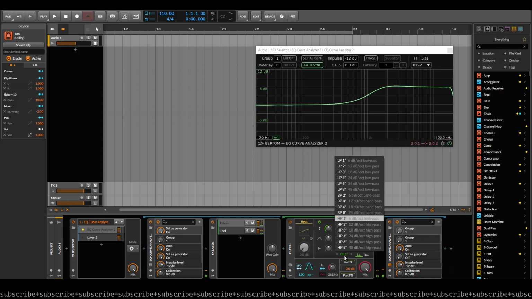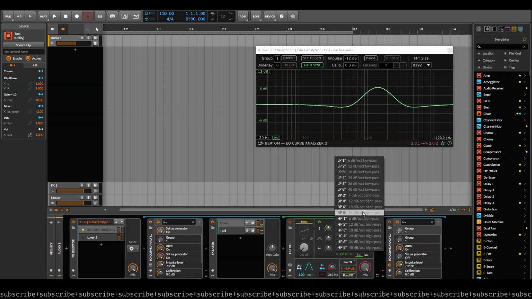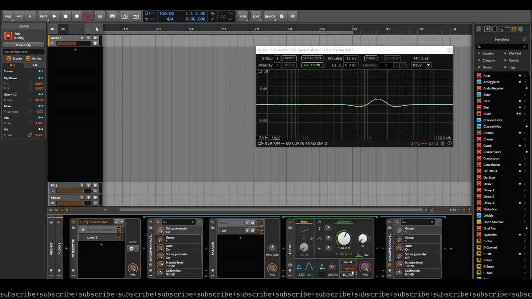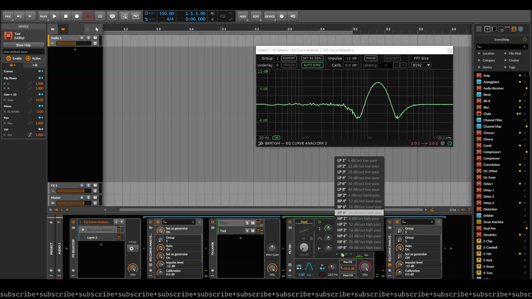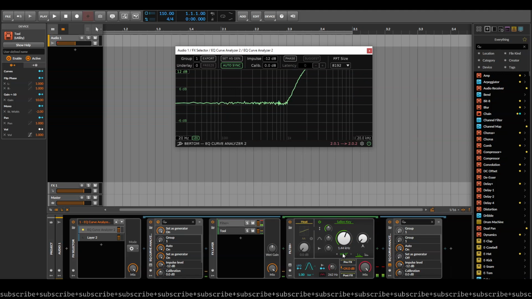If we use anything above this for the bandpass, so use a 4-pole bandpass filter, you can see how we're starting to get these kinds of ugly dips here. And that's really not ideal, especially if we go higher. Get like an 8-pole bandpass filter and then boost this. These dips, that's just too much. You can see this kind of wiggle because this is already saturating a bit, but we want to control it more. So if we use this high pass filter at 8-pole,